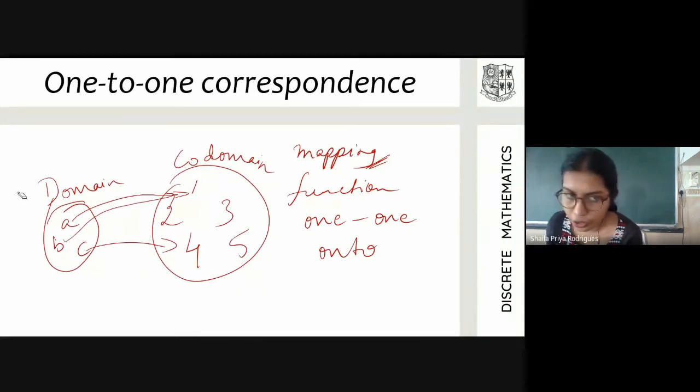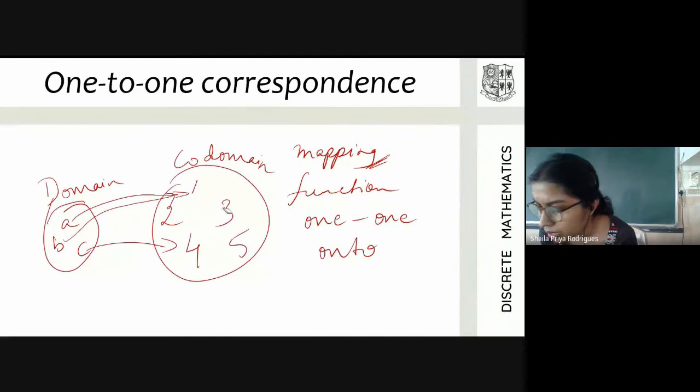It's a function, it's not one-one currently, but is it onto? A function can be onto without being one-one. It's not onto because the elements 3, 2, and 5 here do not have a pre-image. No element in the domain is being mapped to these three elements. That's why this mapping that I've drawn is not an onto function. Can this function be made onto somehow?